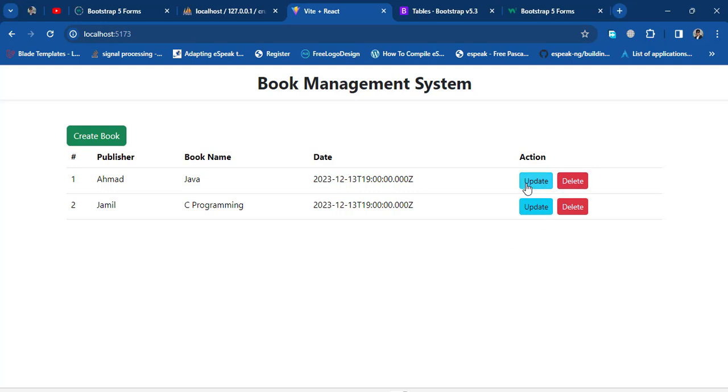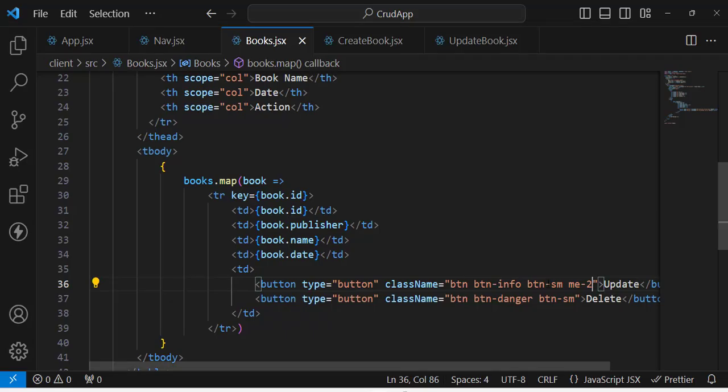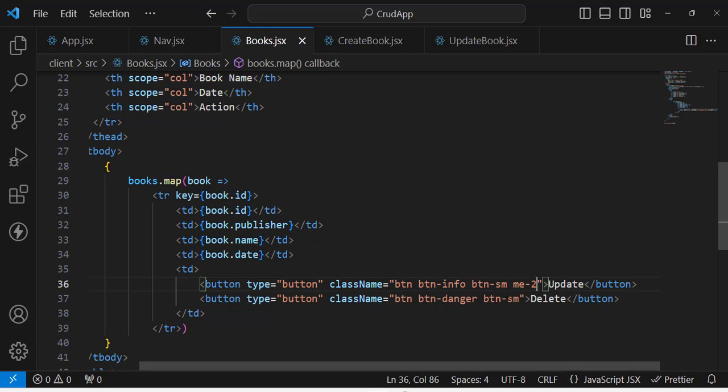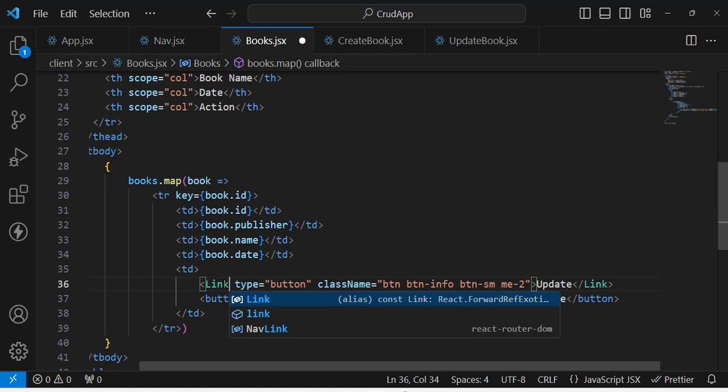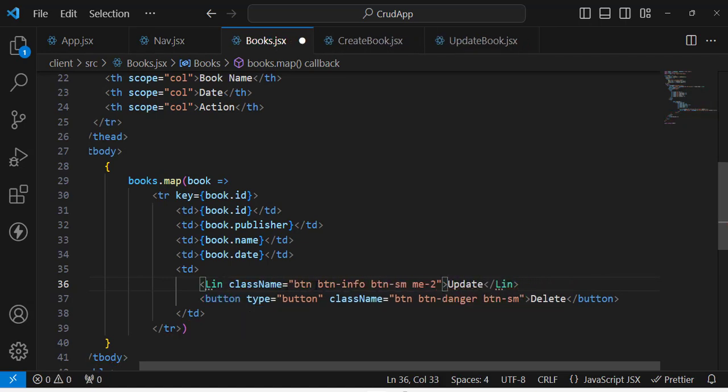So now whenever we push this update, we should move to the update component directly. For that, I will change this from button to link. Remove this. Okay, and I will add here "to" is equal to where we would like to move. We want to move now to the